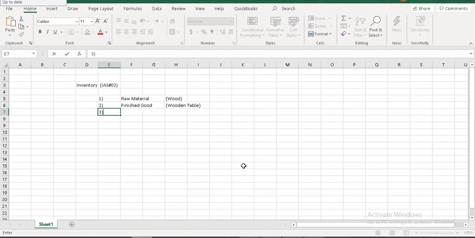However, there are also a few materials that cannot be called wood, because they are not in the shape of wood. However, they are not 100% processed and converted into finished goods either. Rather, they are something in between. Such goods are known as work in process or work in progress. All right, and this is also a kind of inventory. This is inventory that is not yet converted from raw material into finished good. Rather, it is in the process of conversion.